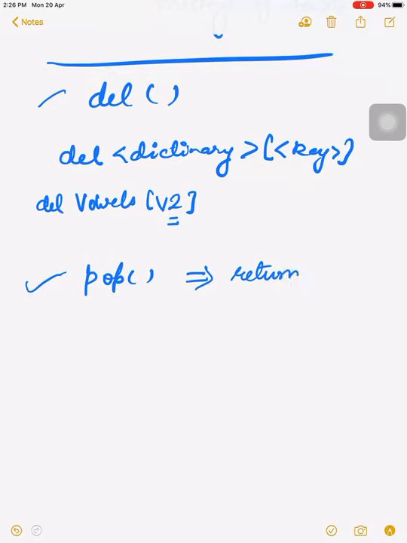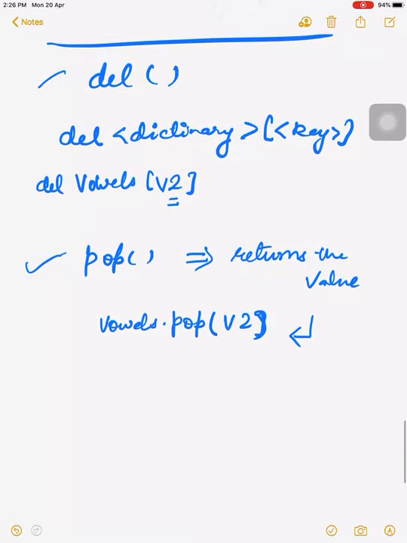Same here, we also use the pop function. There is a difference between the del and pop functions. The pop function returns the deleted value also. It deletes the value as well as returns the value which is deleted. For example, what is the syntax of this? First we write the name of the dictionary, vowels dot pop, and here we write the key.